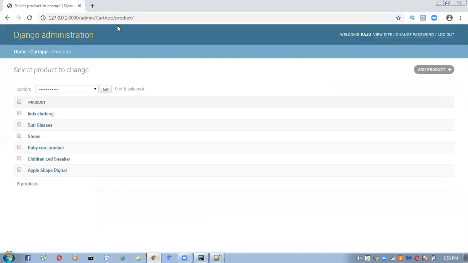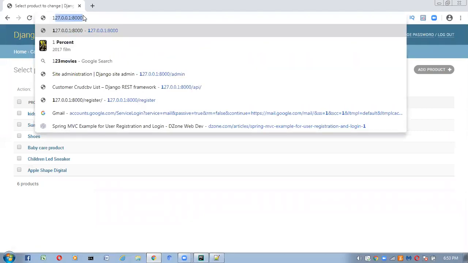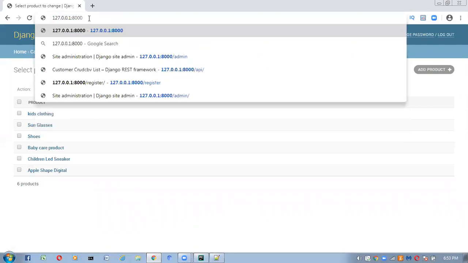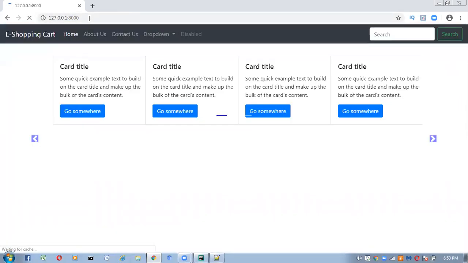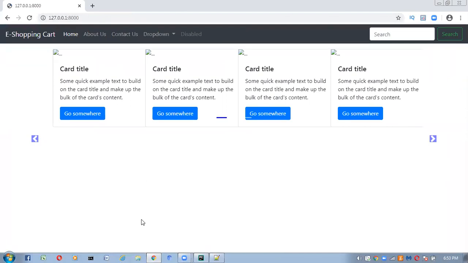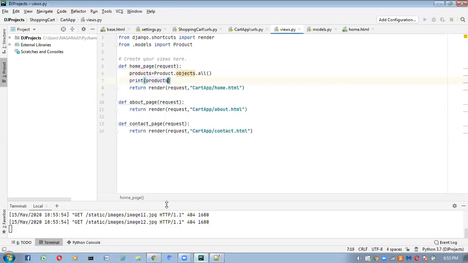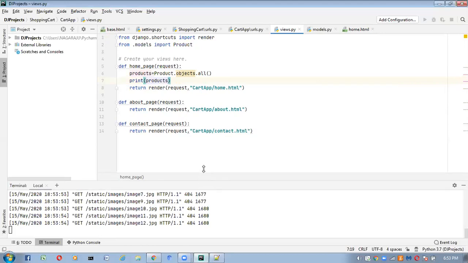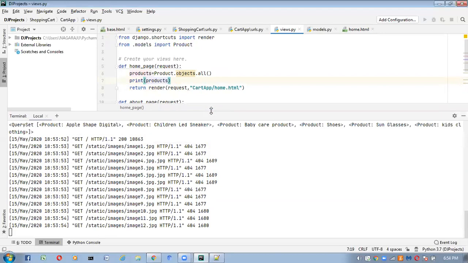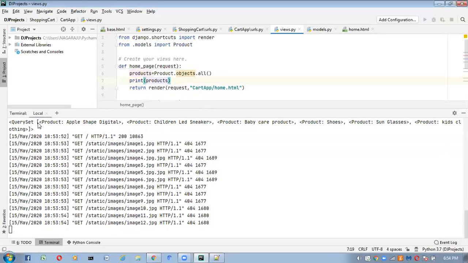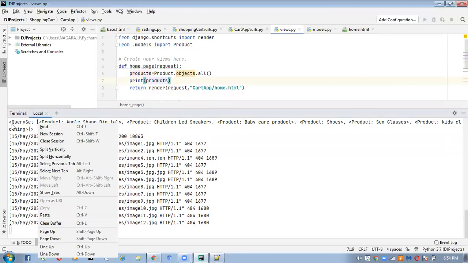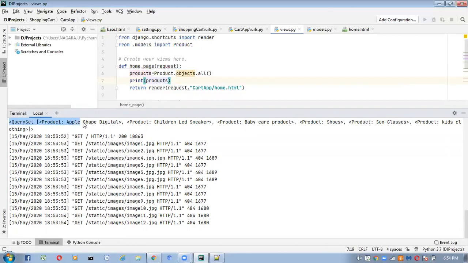Go to the browser. This is the URL pattern I am giving. Now go to the terminal, and see what you are getting. Here we are getting a query set like this. Product: first one is apple shaped digital.